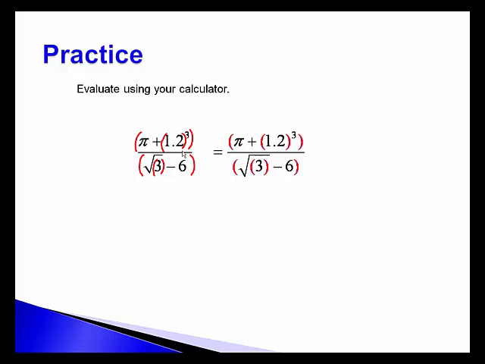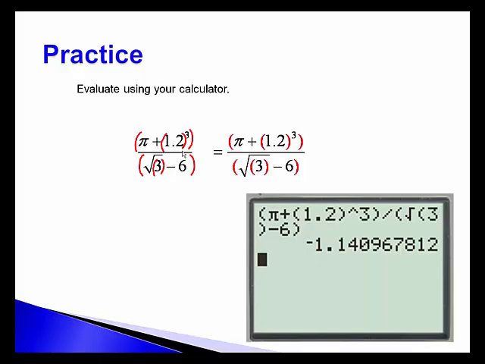So what you really should enter on your calculator is something that looks like this. So let's do that. When we enter, we open parentheses, pi plus, open parentheses, 1.2, close parentheses, raised to the third power, and close your numerator. Divided by, open parentheses, the square root of 3. Notice it opened the parentheses, so you must close it. Minus 6, and then close your denominator. When you hit enter, you will end up with the answer, negative 1.14,